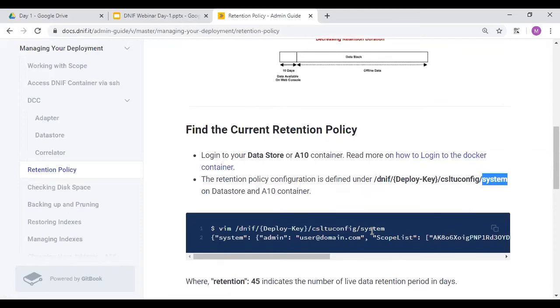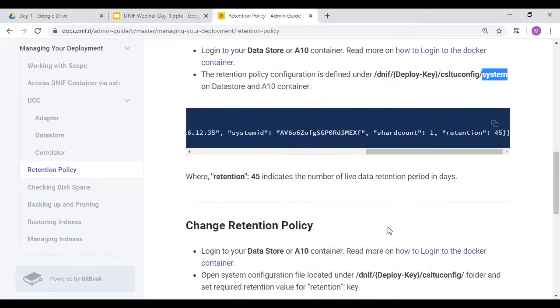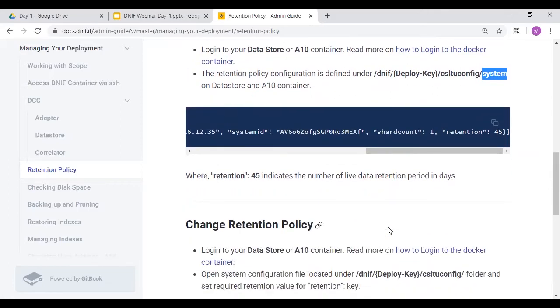Inside it you need to do one operation, which is to provide the retention period as the number of days. Suppose if you are doing any replication, give a comma and then replica equal to 1, which means you have one component and one more replica. 2 means 2 more replicas. So this is the way you set the retention policy.